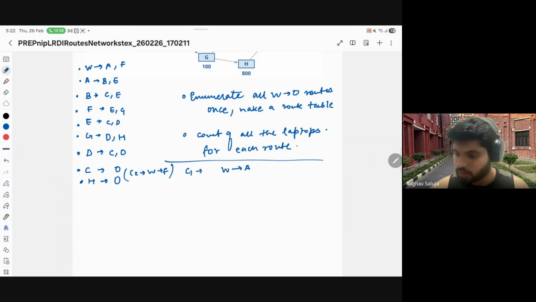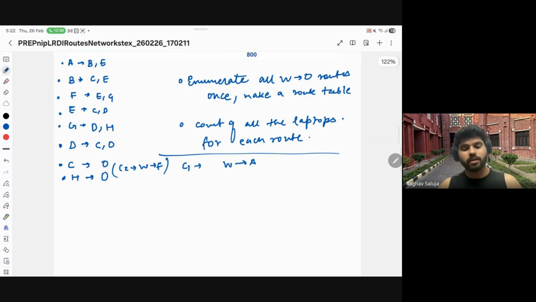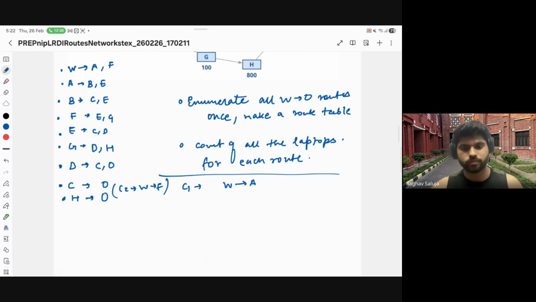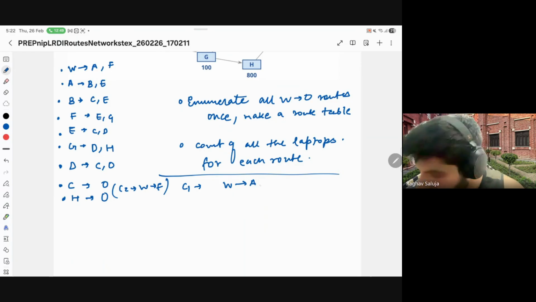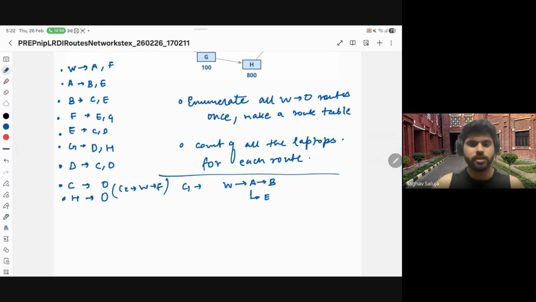ठीक है? अब W से A वाला है, तो अब फॉरवर्ड ब्रांचिंग करते हैं. वेरी इजी. अब मुझे ये बताओ, A से वेयर कैन आई गो? I can go to B, I can go to E. सिंपल. अब मैं एक काम करता हूं, लेट मी गो टू E. पहले मैं ये ब्रांच स्प्लिट कर देता हूं. केस 1 में W से A, एक बार B चलते हैं, एक बार E चलते हैं। ओके,